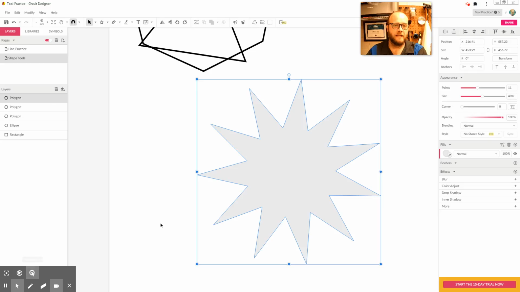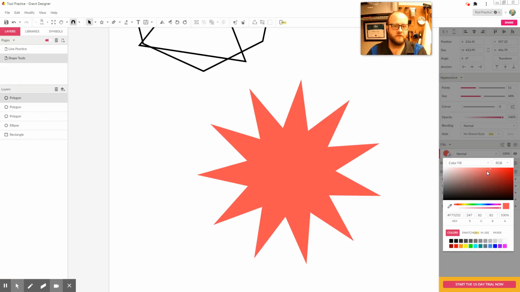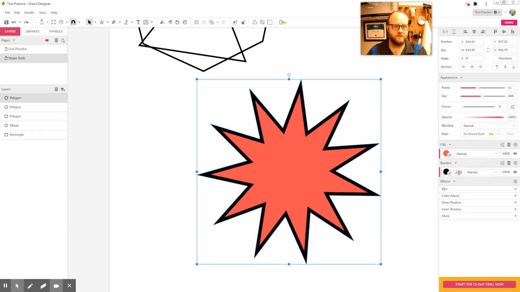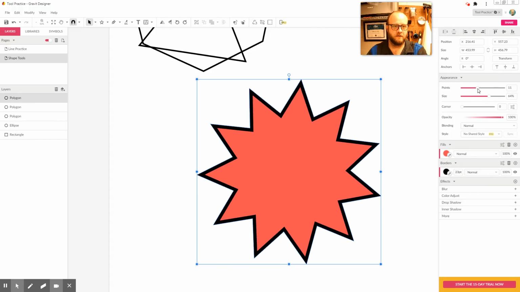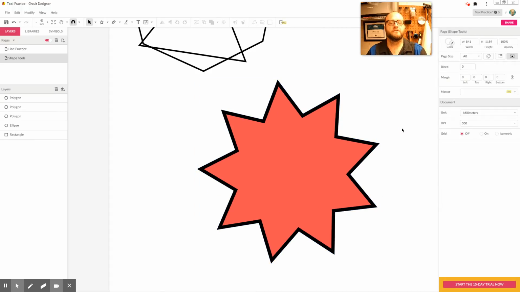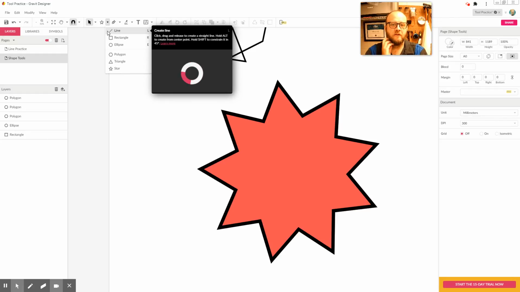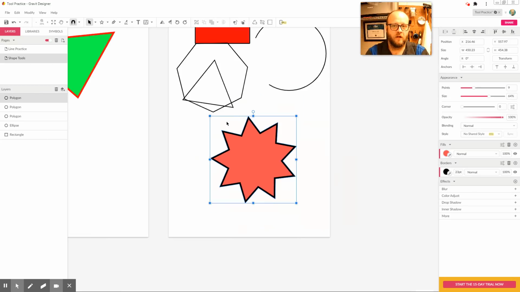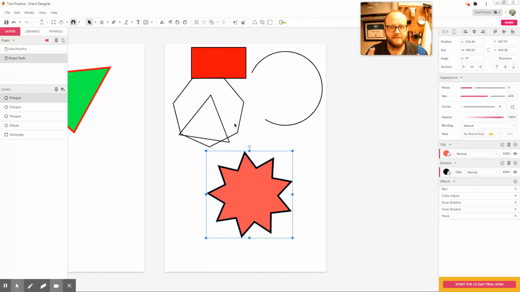And just like the others, we can go ahead and change its fill color. We can go ahead and add a border if we wanted to. So maybe we want that much of a border, and we want it to be a little bigger, maybe fewer points. So there's lots of things you can do to manipulate these shape tools. But these tools up here are really sort of the core pieces for building basic shapes that you're going to use to put back and forth across your designs. So that's the basics of the shape tools. And so we'll have some time to practice these and sort of see how they interact with each other before we move